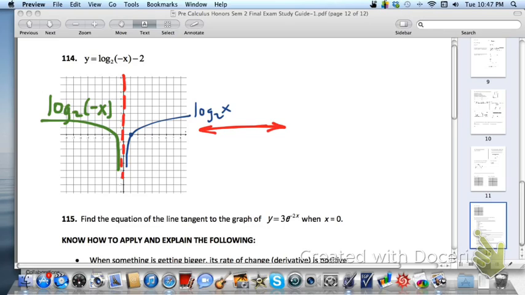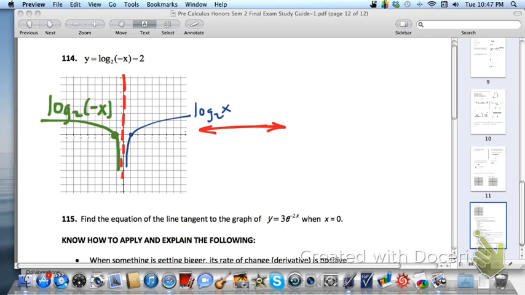Okay, think about the domain. Negative x has to be greater than 0, therefore x has to be less than 0. Anyway, our key point is right there at (-1, 0). And when we drop that key point down 2 units, we see that,